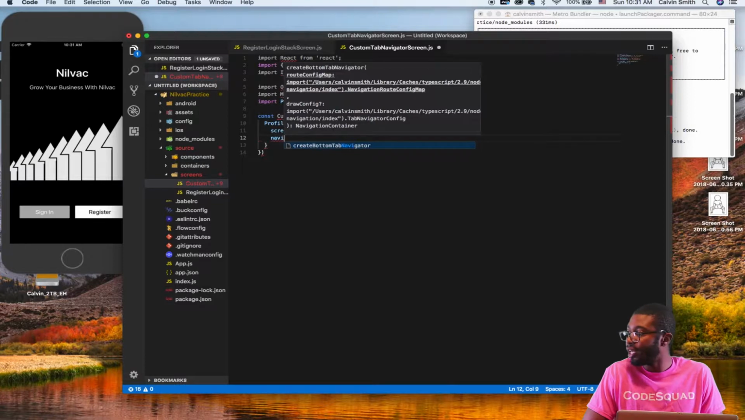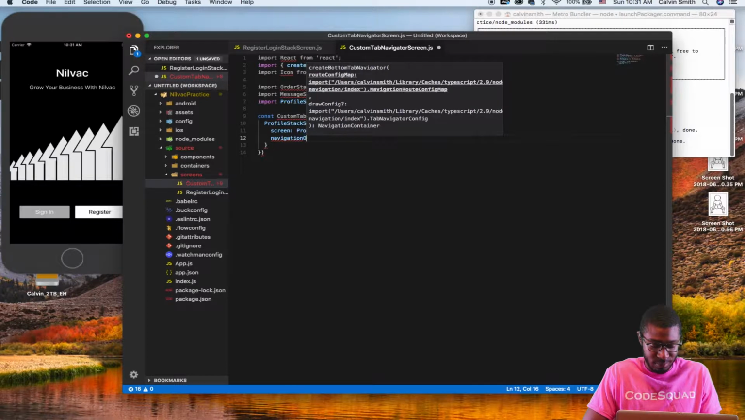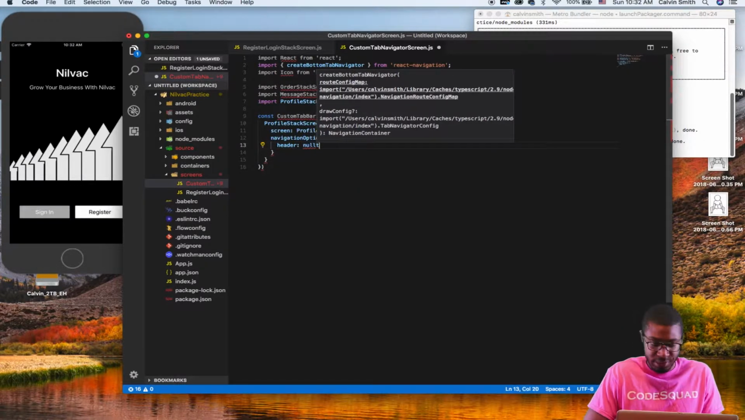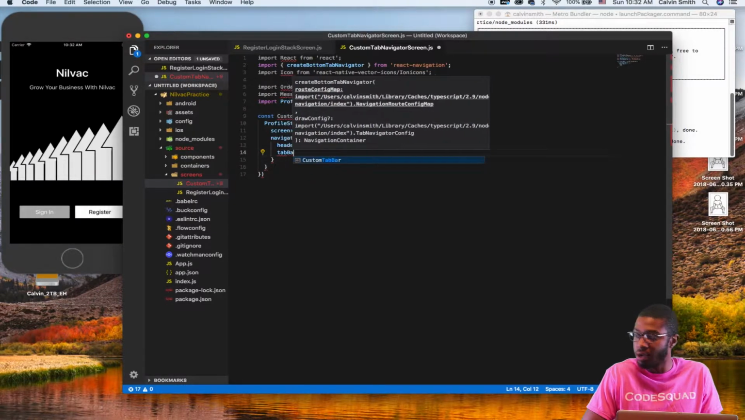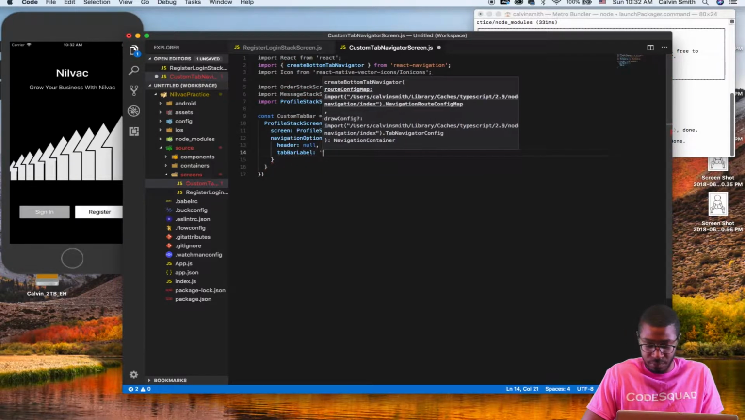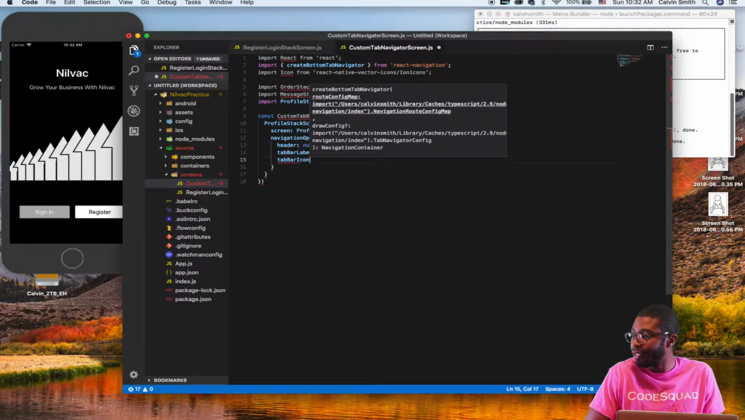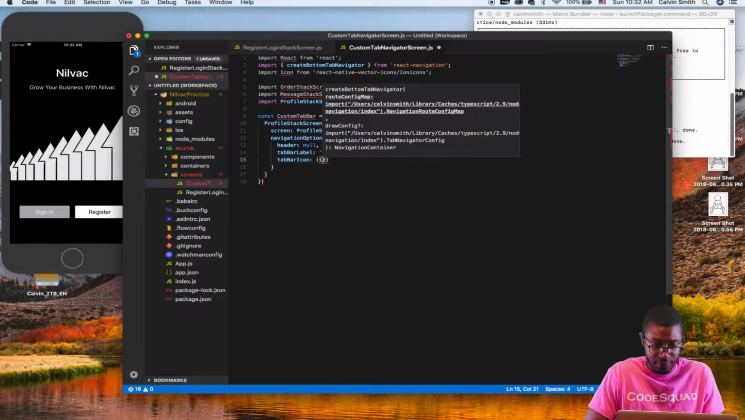And we're going to say navigation options. We're going to have a header null, tab bar label is going to be called profile, and a tab bar icon, it's going to have a tint color,